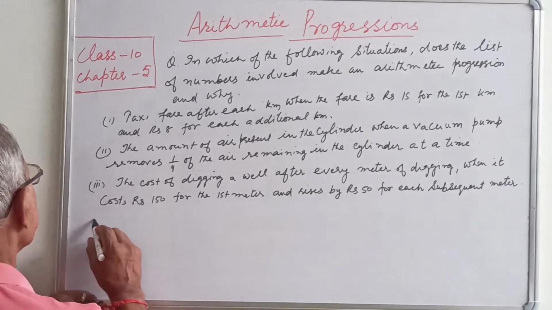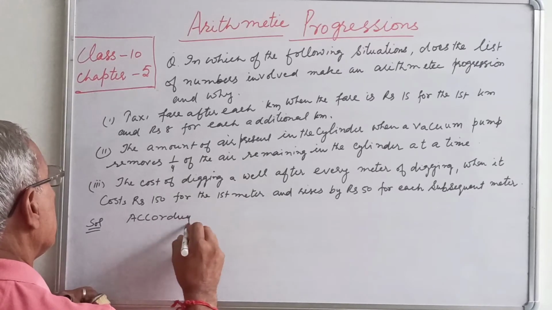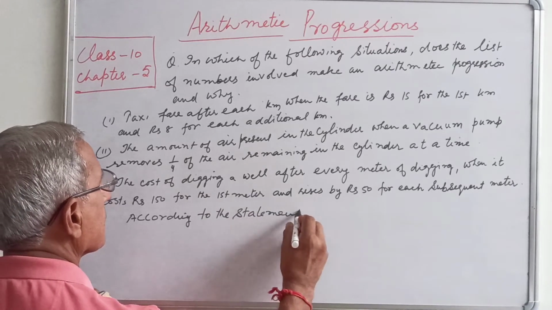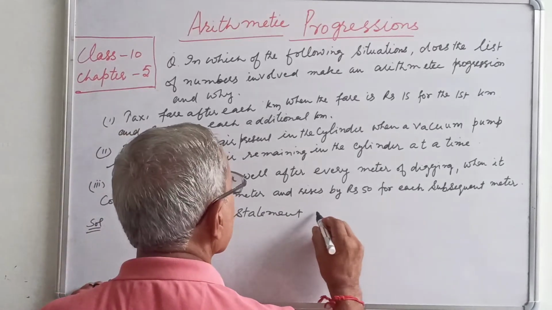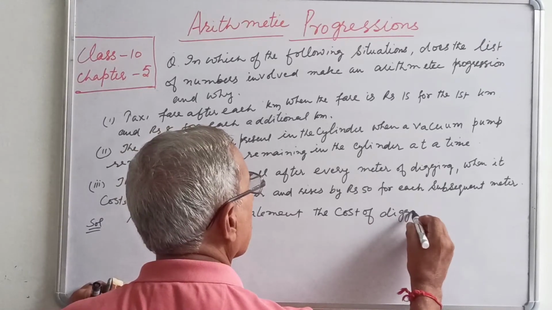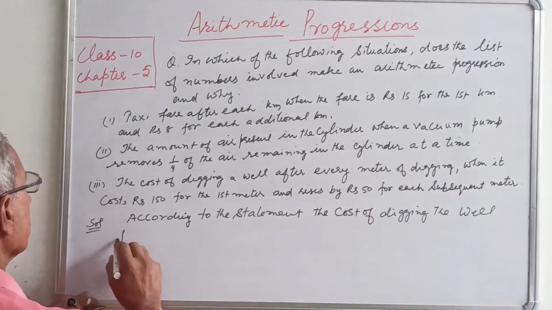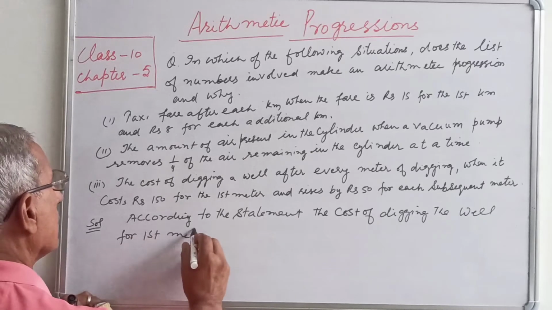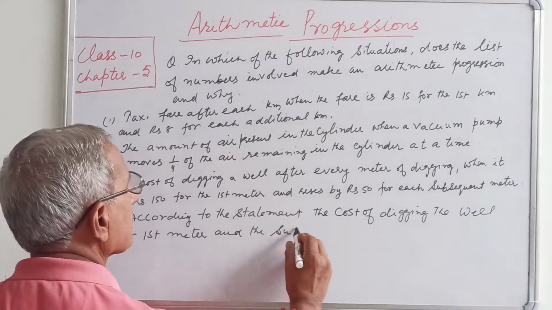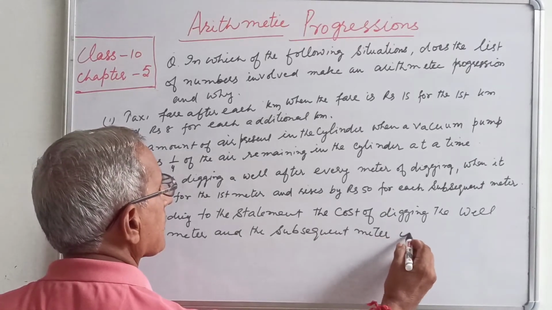So according to the statement, the cost of digging the well for the first meter and then the subsequent meters is given by the sequence